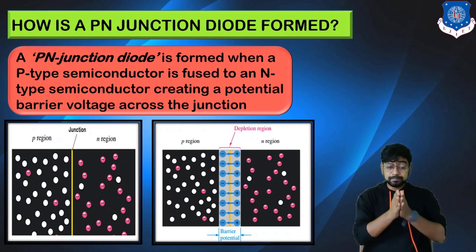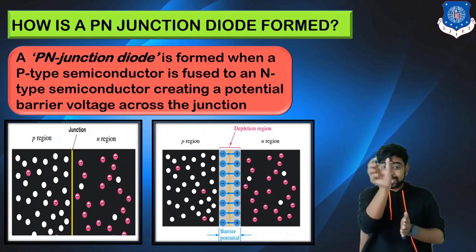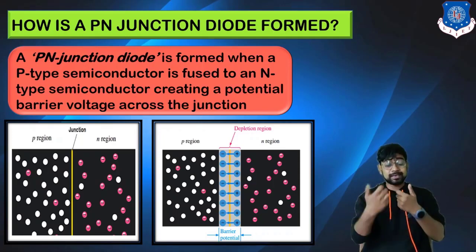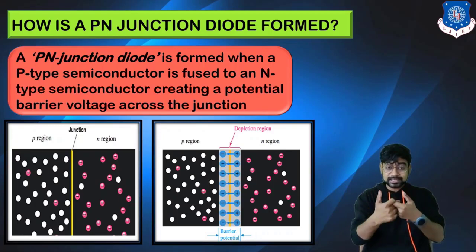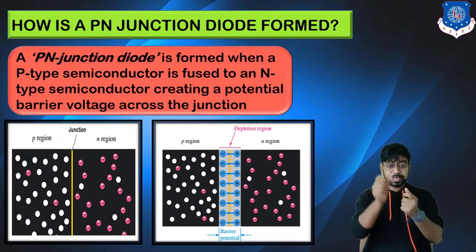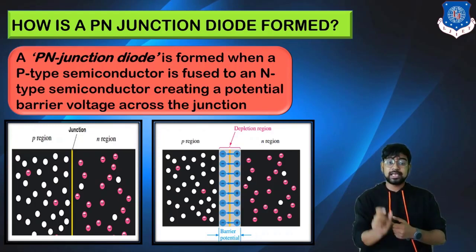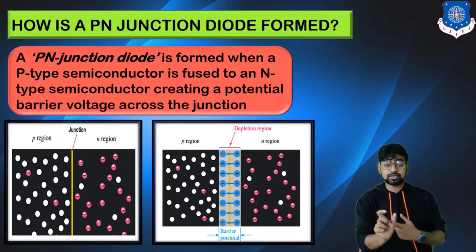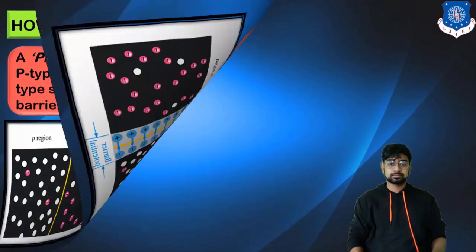Meanwhile, a region is created. You can see that it is a neutralized region. Why? Because the same number of electrons and holes are there, they cancel each other out in terms of charge, and that becomes a neutralized charge region, which is nothing but a barrier potential. So this is how we have a p region, an n region, and in between there is a barrier potential that is neutralized, or it also works as a resistance.